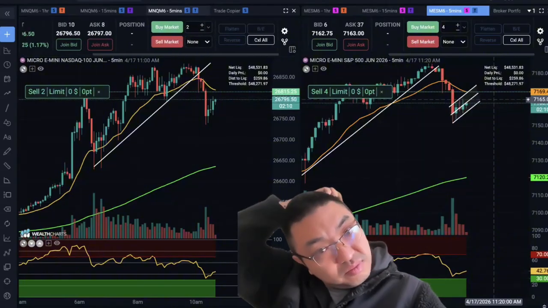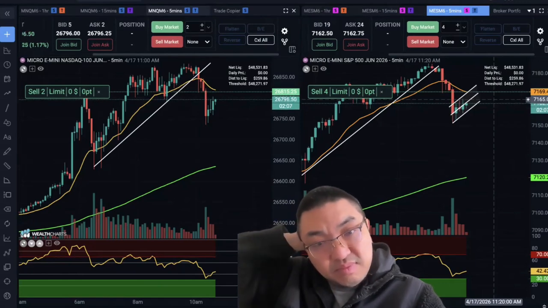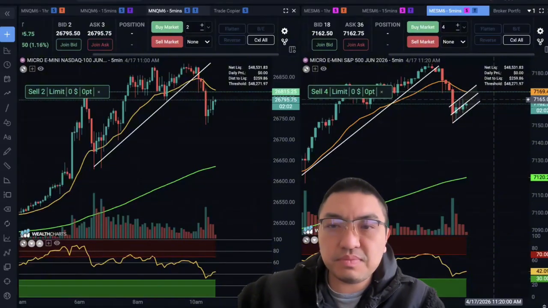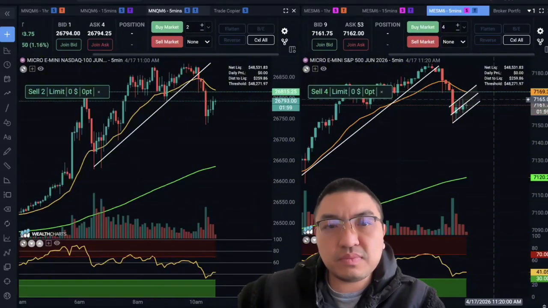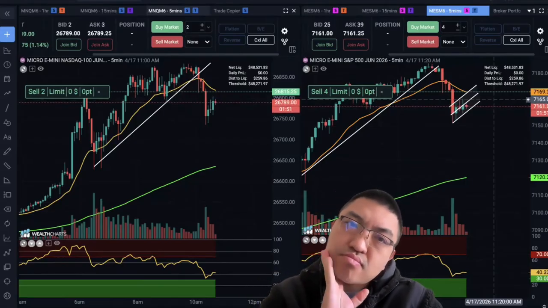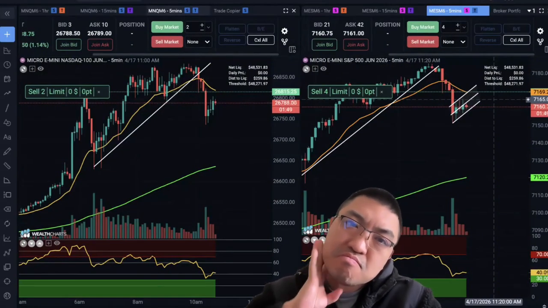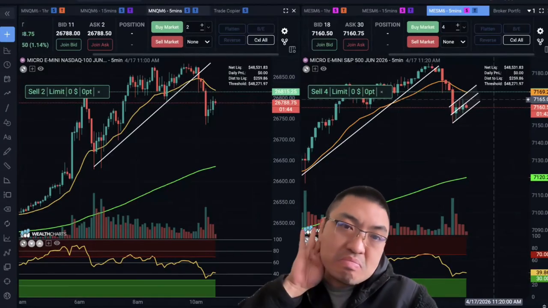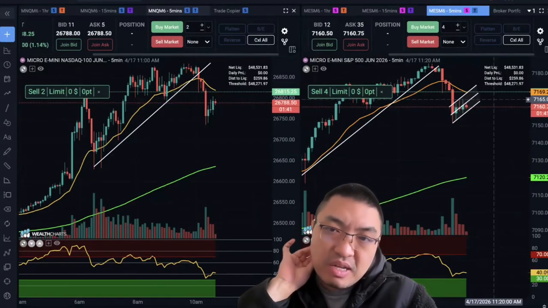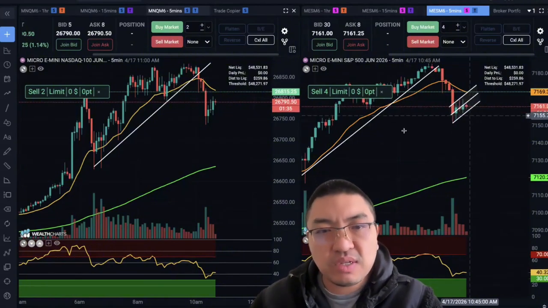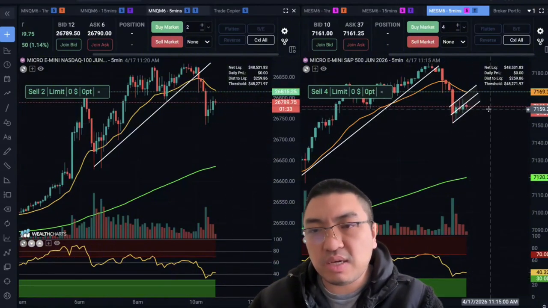Let's see. Okay, buyers are still trying to push it up. This time, if there's an engulfing and a close underneath this trend channel, then I think I'll probably trade ES because